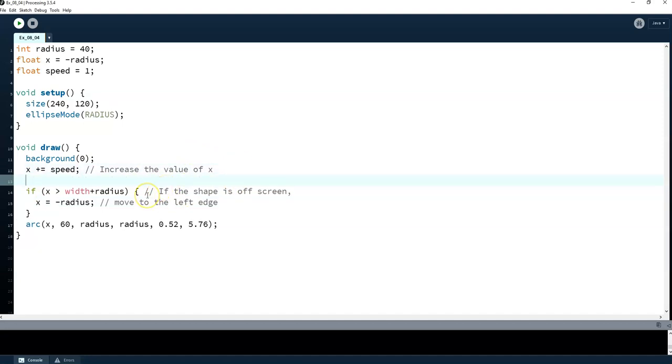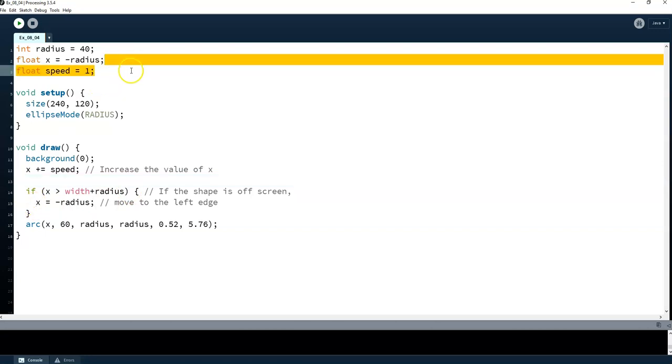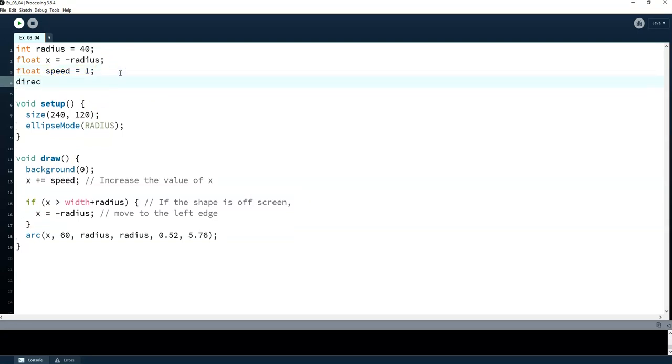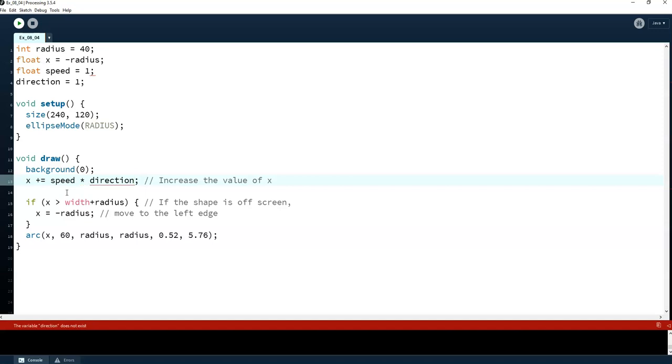So if X is greater than the width plus the radius, we're going to reassign the value of X, which is not going to be handy for us at all. I'm going to need to create a new variable that I'm going to call direction, and I'm going to have it assigned to 1. This will help me flip that direction back and forth. Now, I'm going to say X is not only equal to speed, but it's also equal to speed times direction. So if direction is positive, then it will be going right. If direction is negative,